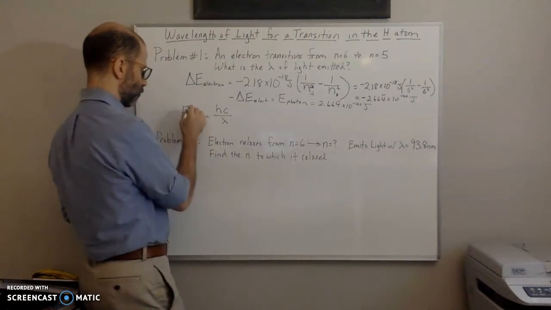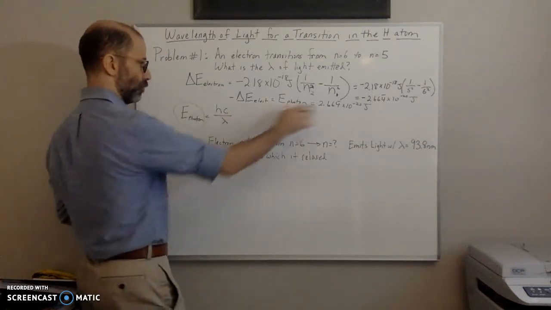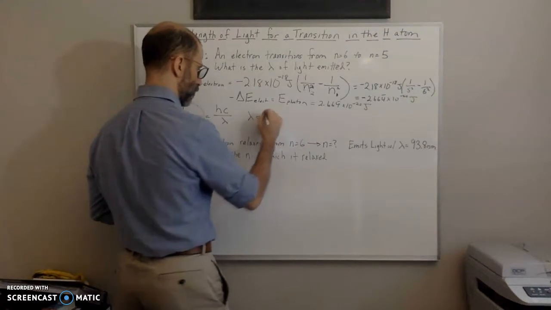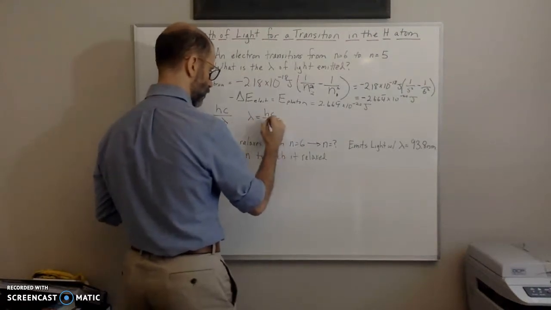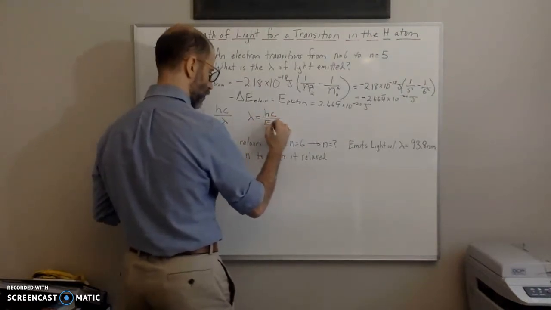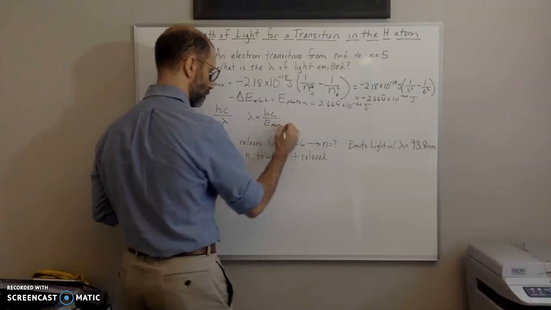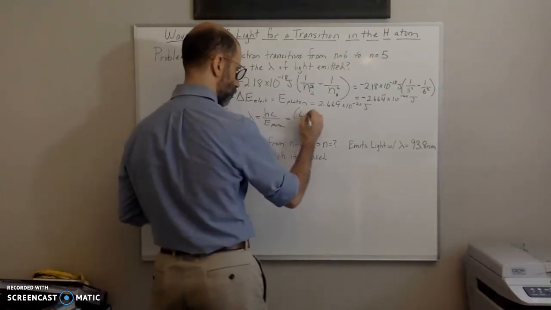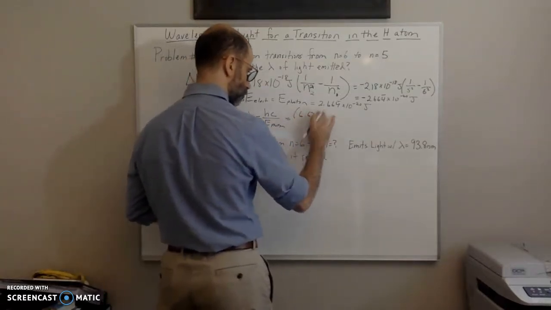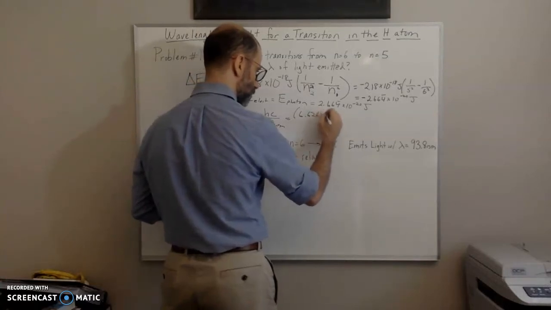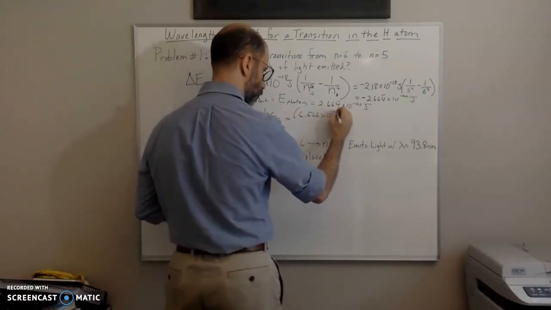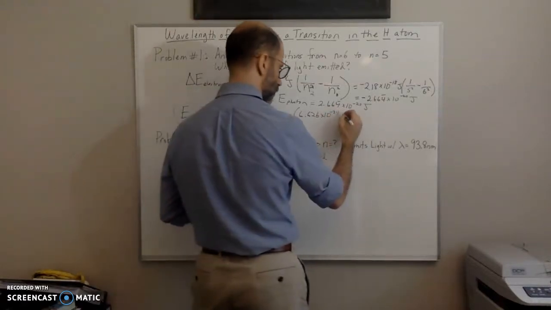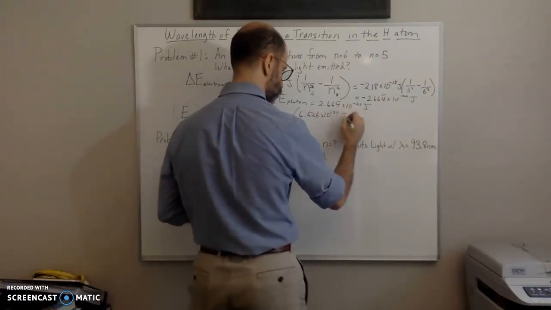If we solve this for lambda, lambda is going to be hc over the energy of the photon. So this is going to be 6.626 times 10 to the negative 34, and again, this is joule seconds,